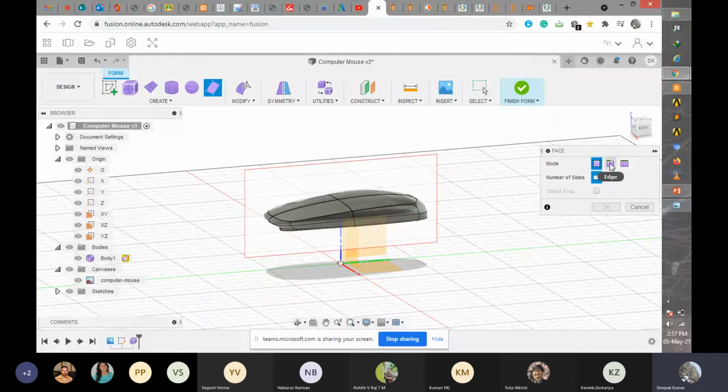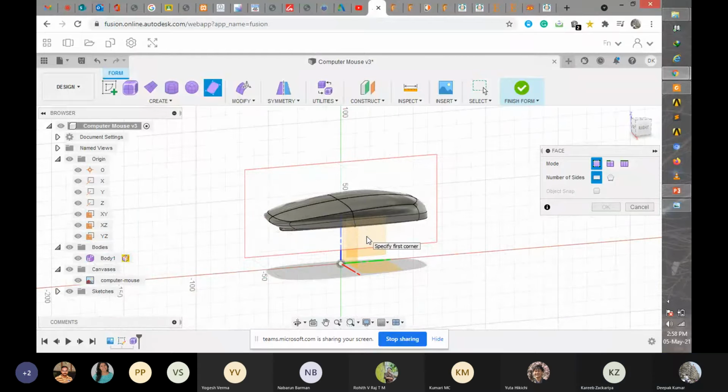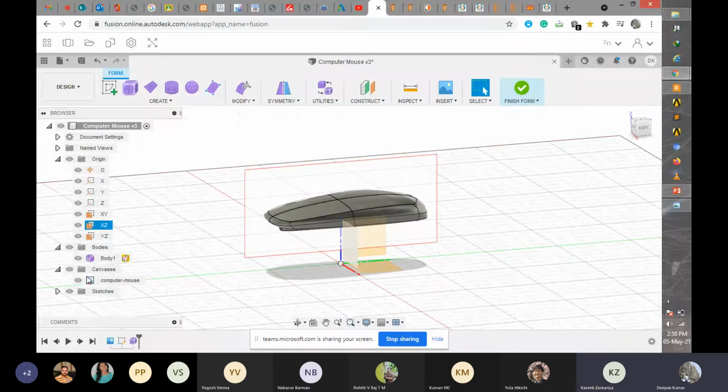Now you go to the surface, you go to one plane. Imagine you bring that sketch itself using canvas, the image of the mouse you have.